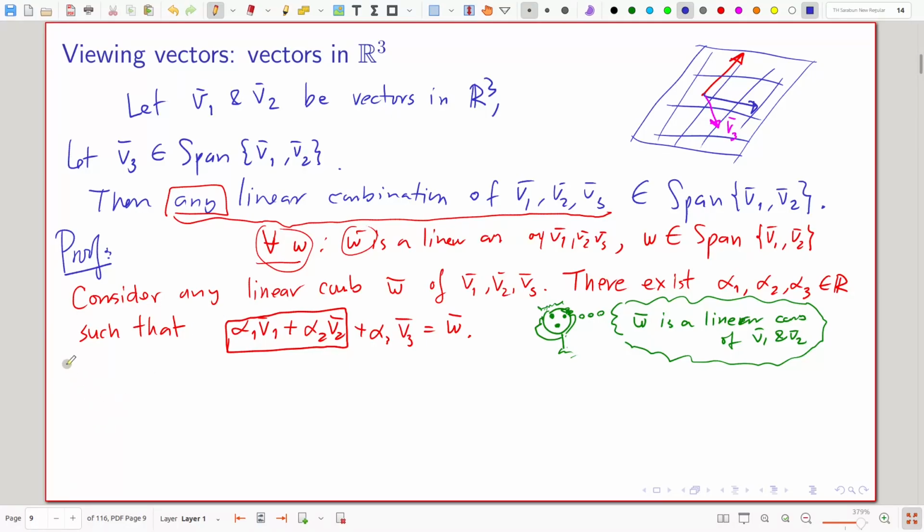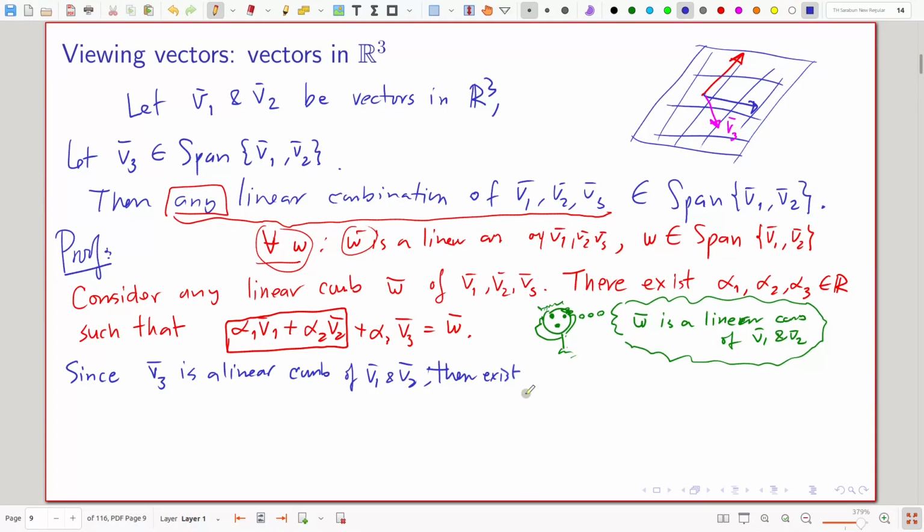Okay, so since V3 is a linear combination of V1 and V2, there exist